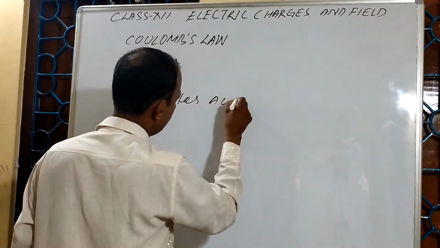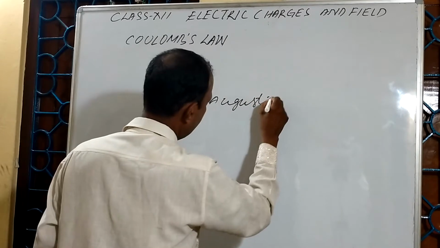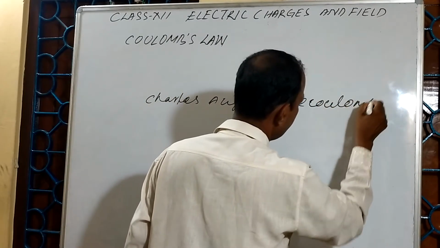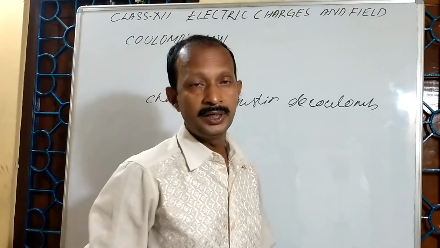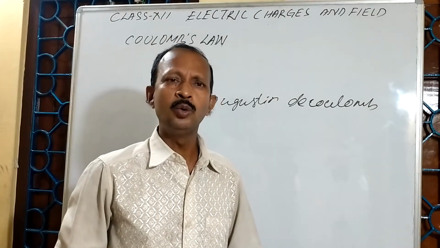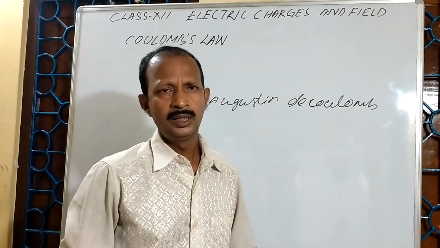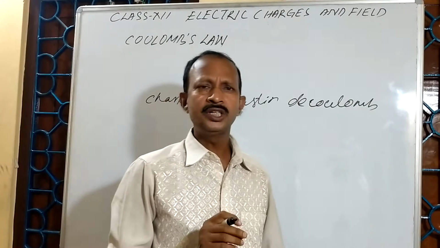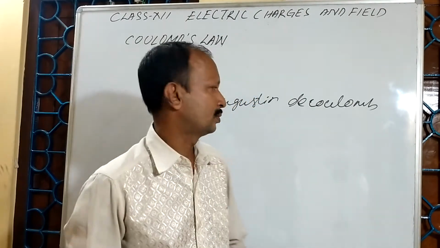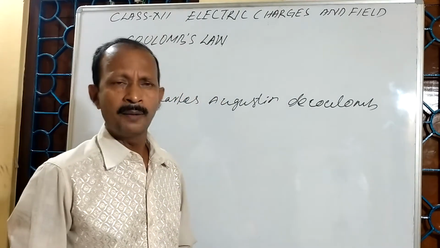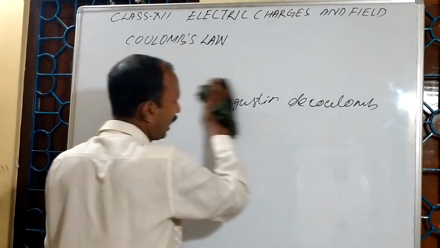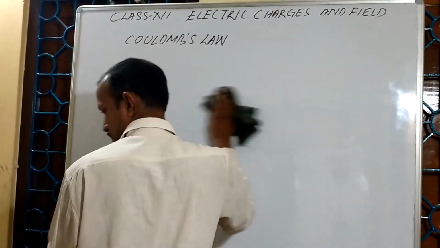He measured the force between two charges with the help of a torsion balance, which is a sensitive balance used to measure force. After his observation, he proposed his law. So according to his law,